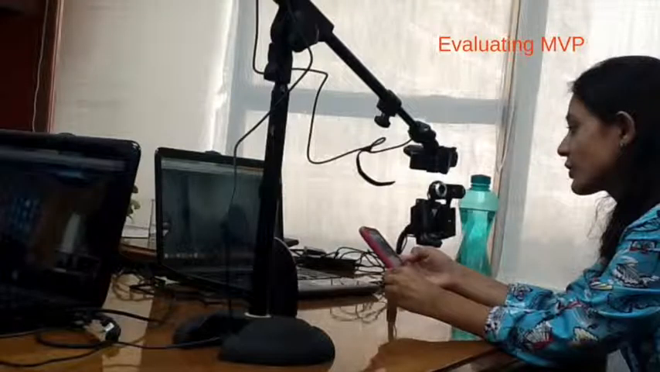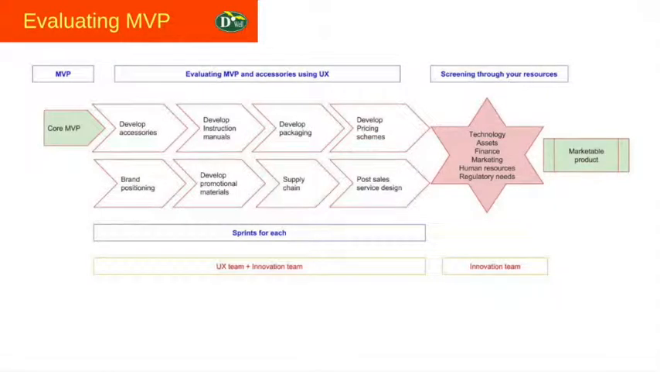Next is evaluating the MVP. The minimum viable product is developed from the rapid prototyping. Here you can see a lab where a user is testing the minimum viable product. It's a multi-camera setup. Again, it gets streamed, and the technology team will be seeing what is happening at each moment of this test. The core MVP is the input for this testing. The output is a marketable product. Here the additions like developing the accessories, instruction manuals, packaging, brand positioning, and promotions, all